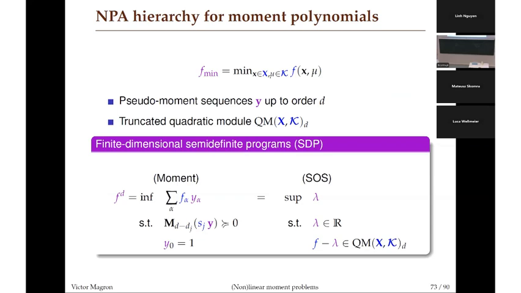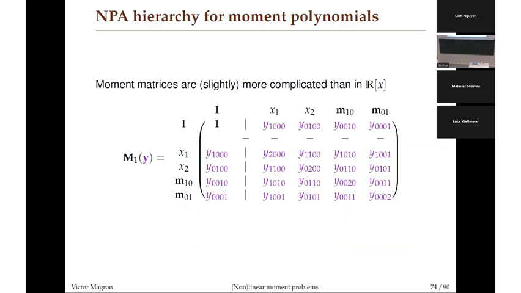So this is the usual hierarchy, but a bit modified. Your set X lies in the support of the measure big X, and also the measure belongs to a semi-algebraic set that defines the nonlinear moment constraints. So here it's exactly the same notation for the moment matrices, but they are a bit more complicated. And also here the quadratic module is a bit more complicated. It depends on the polynomials that describe the support, right, the nonlinear moment constraints. And this is one example of